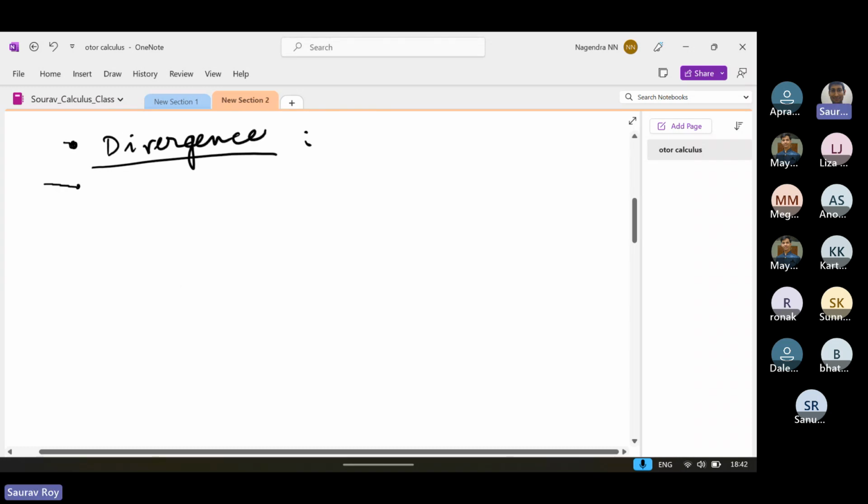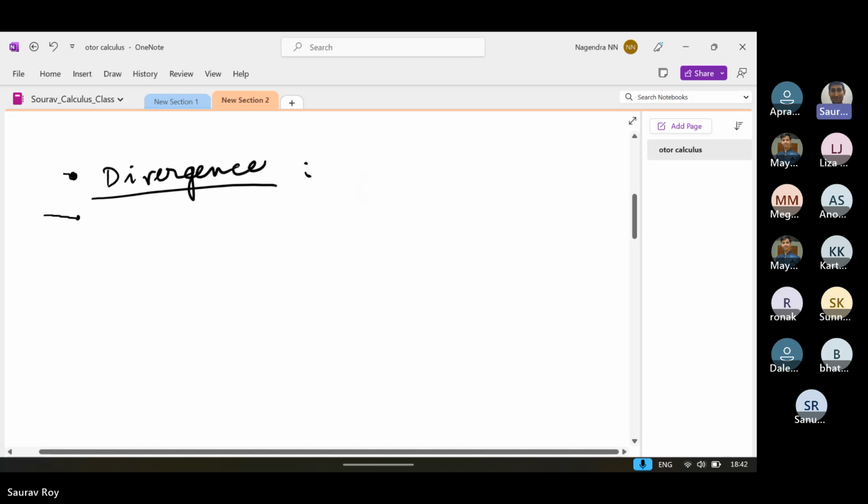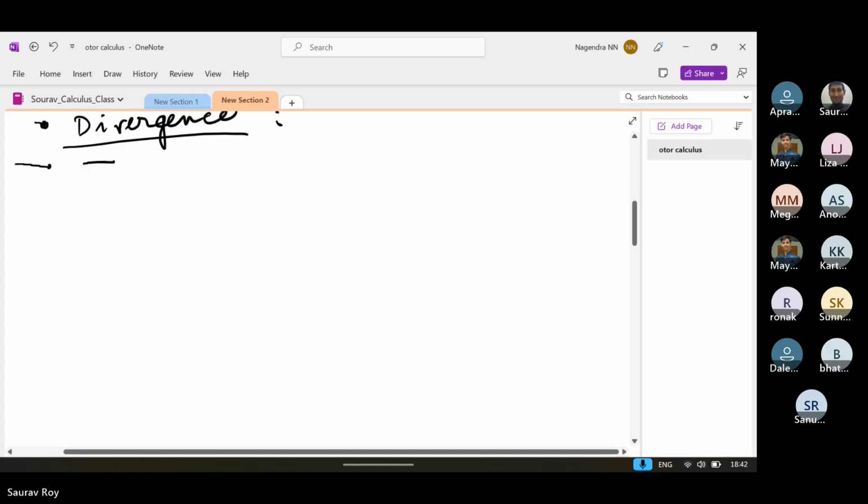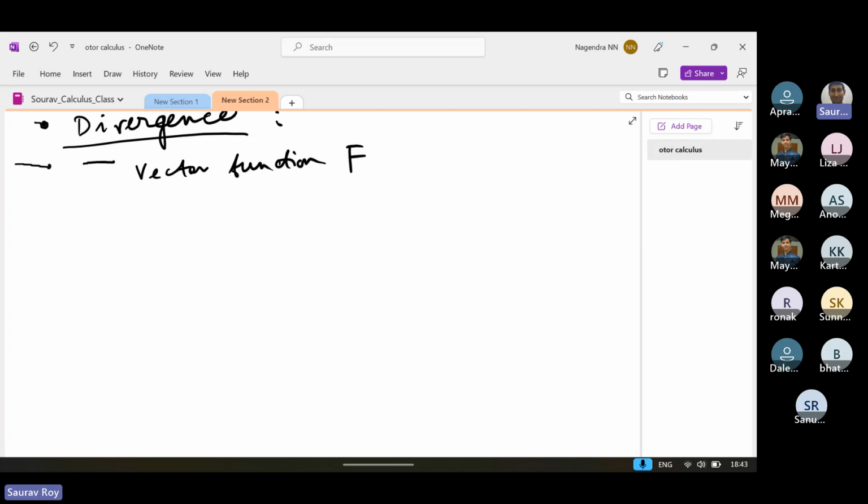So divergence is calculated for a vector point function. Unlike the gradient, which we get for a scalar, but the gradient itself is a vector. But here it's opposite, you see. So the vector function f, right? This is a vector, but this we calculate divergence. So it is written as divergence f, also written as this kind of a dot product, which is given by